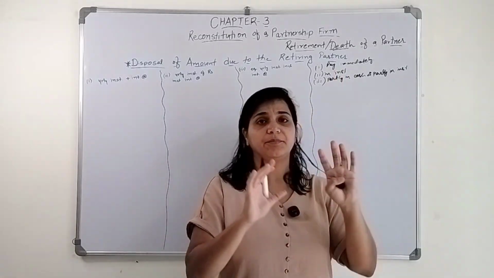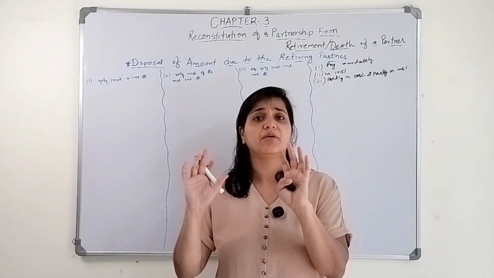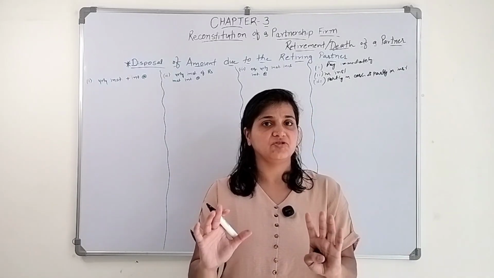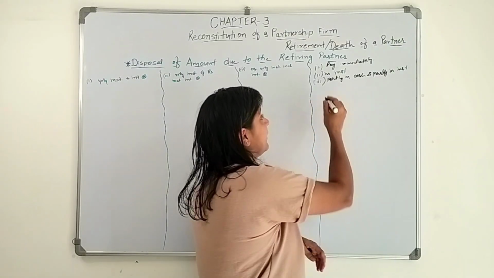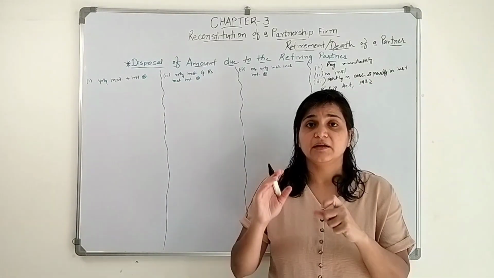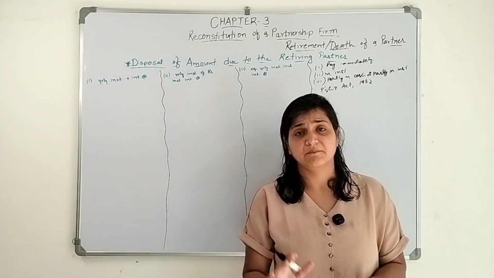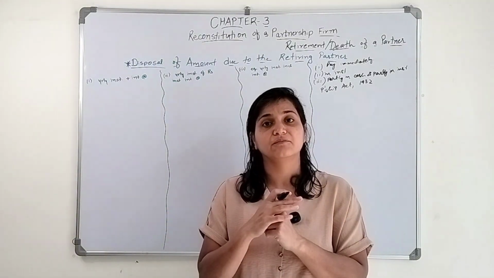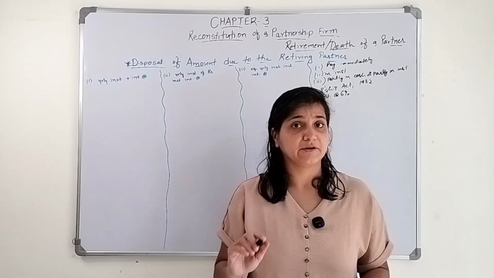How the payment is to be made to the retiring partner is already mentioned in the partnership deed. I hope you remember what a partnership deed is. Everything is mentioned there: how much to pay, how to pay, and when to pay. But if it is not mentioned in the partnership deed, then as per the Partnership Act we have to pay. The first situation, obviously, is that you pay the cash immediately. But if you cannot pay immediately, and you are paying in installments or next year, whatever the case may be, you have to pay interest at the rate of 6% to the retiring partner, or